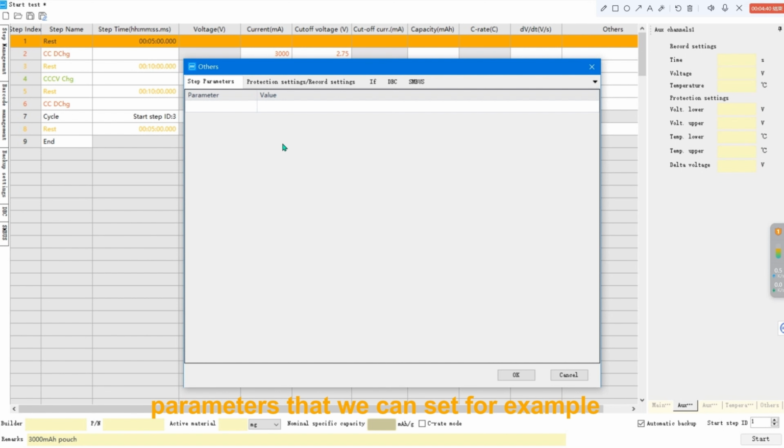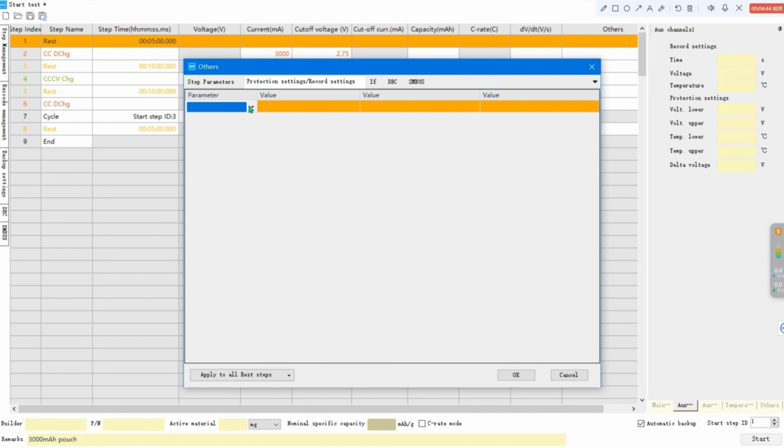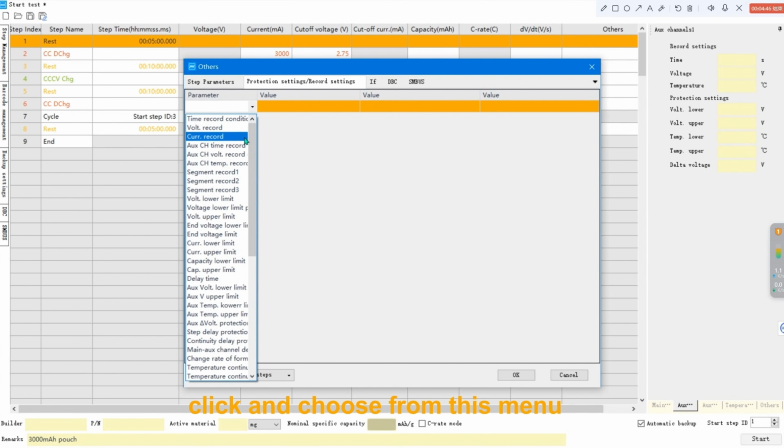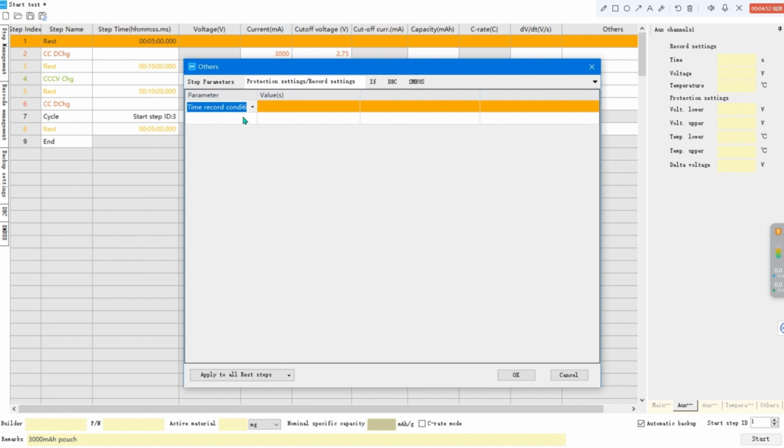For example, we set some protection settings. Click and choose from this menu. For example, for time record condition, we can set 10 seconds to record one data point, and voltage lower limit,